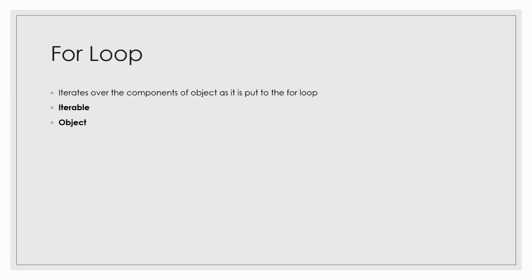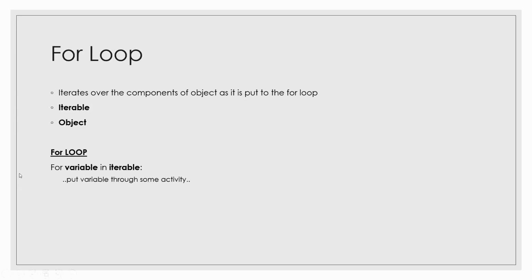Next, we also come across 2 very key concepts: iterability and object. Python objects have a number of different characteristics, such as being iterable. We'll be going over these topics in more detail in the next few videos. Iterable is basically an object in Python which is able to give back its individual components separately, one at a time.